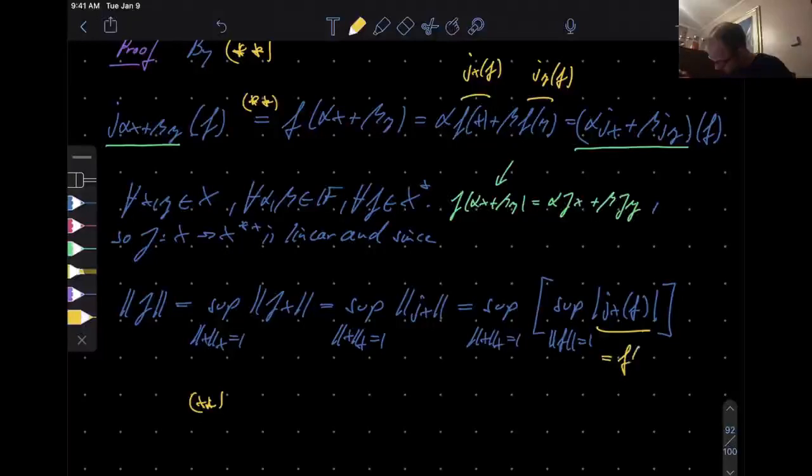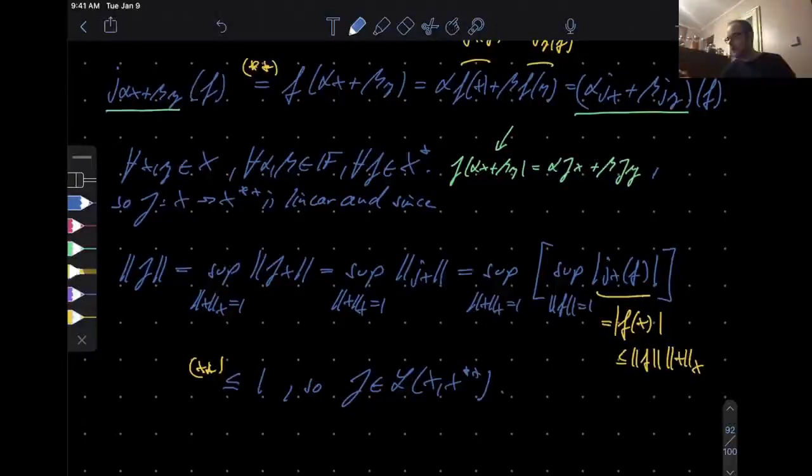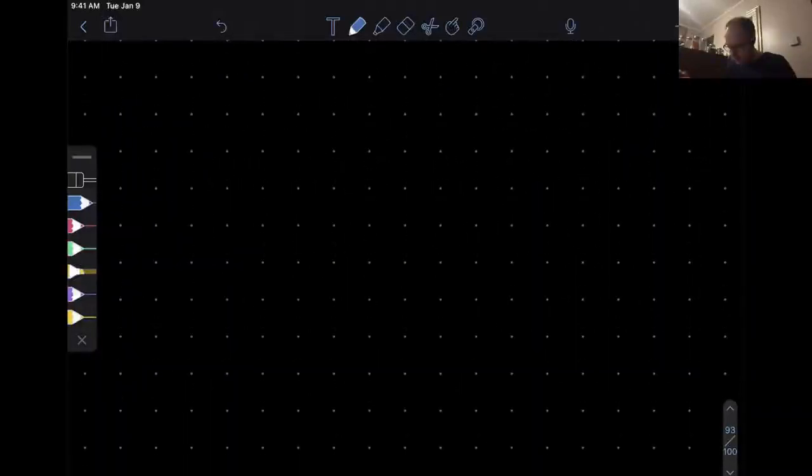This here is f of x, and then if you have it like this, then the same old trick that we have used multiple times is equal to that, and then you optimize both f and x over the boundary of the unit balls in the respective spaces, so they are both at most 1. So that whole thing here is at most 1. All right, so indeed J is a bounded linear transformation between these two spaces. Okay, excellent. Moving ahead, we now prove the isometry, and then finally that the range is closed if X is